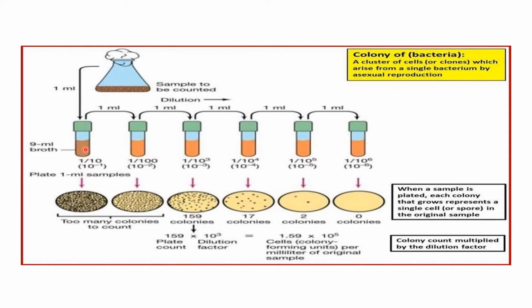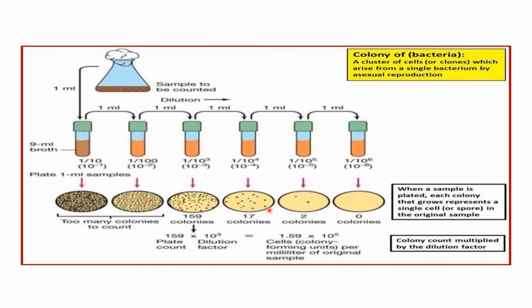Now if you have taken the sample from the first tube and spread or poured it on the nutrient agar plate, then you can see from the first and the second sample so many bacterial colonies will be formed on the agar plate. So to study the pure culture, the medium should have a minimum number of colonies, and therefore preferably the dilutions selected may be 10⁻⁴, 10⁻⁵, or 10⁻⁶.